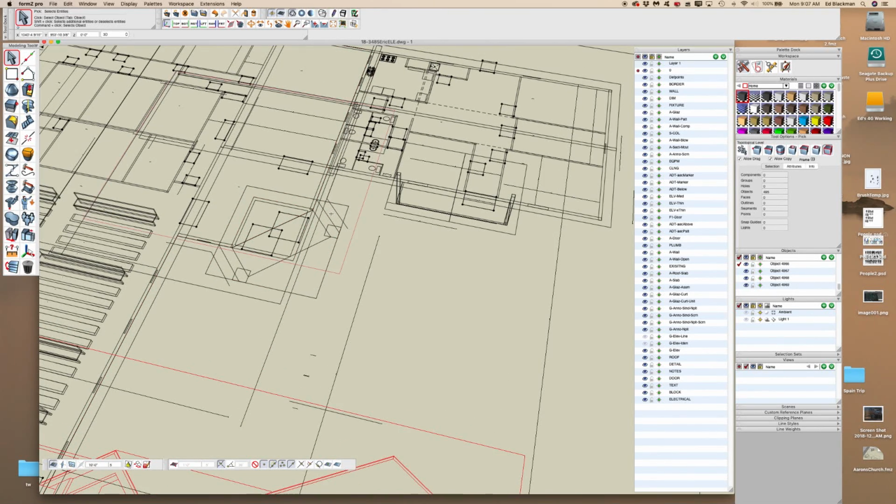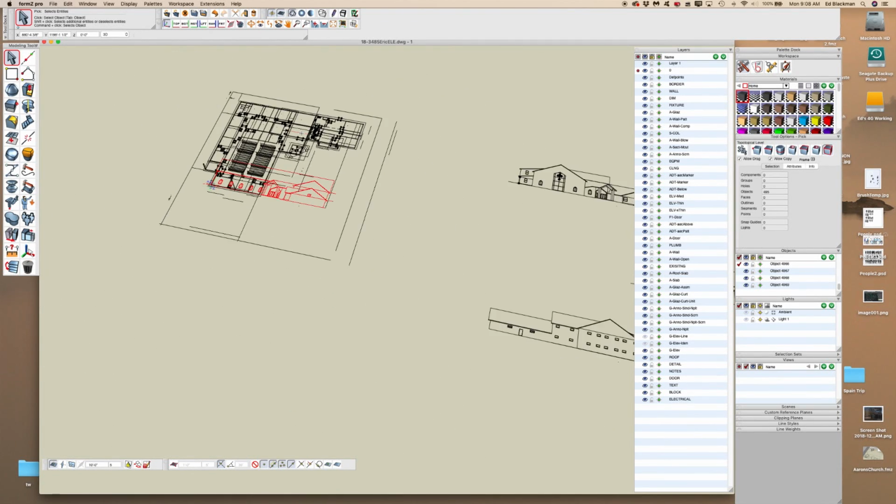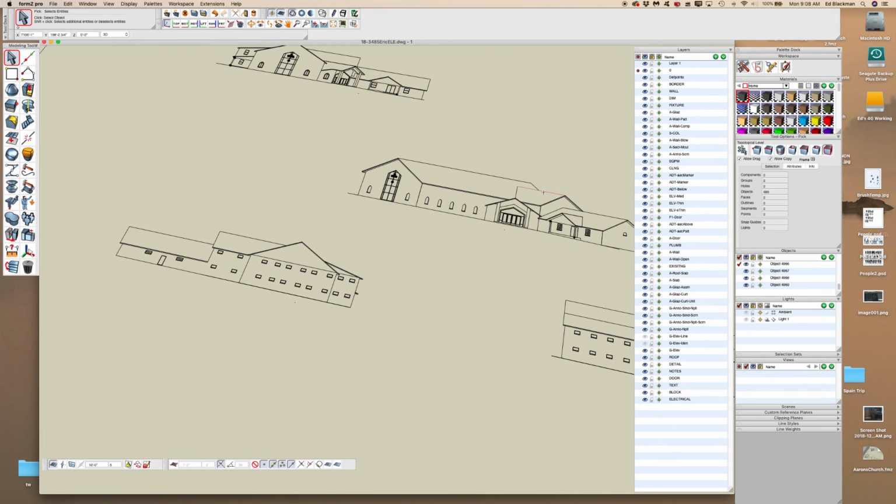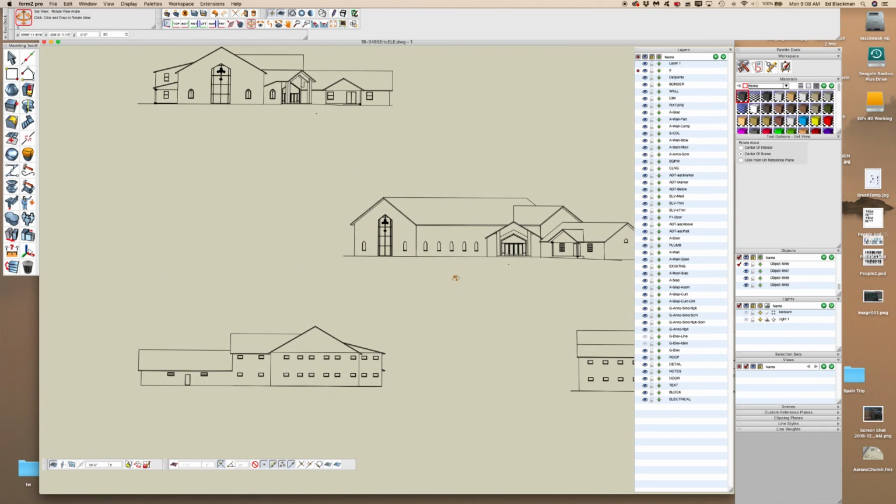Okay, all right, let's go back to your model. Well, no, before we do that, let's go ahead and get the straight on elevation of this thing. Now we could copy the whole bloody thing, but we really don't need it. All we really need is this section right here. So let's just Option Command again to rotate around a little bit, kind of right in there, and then drag select across. And you're going to get a couple of extra lines, but it doesn't make any difference. So we do copy, and then go back to your